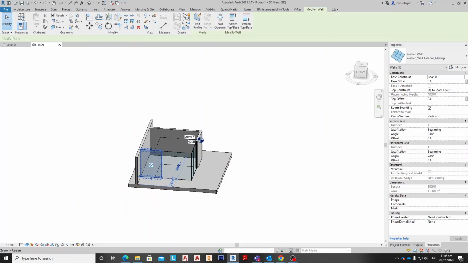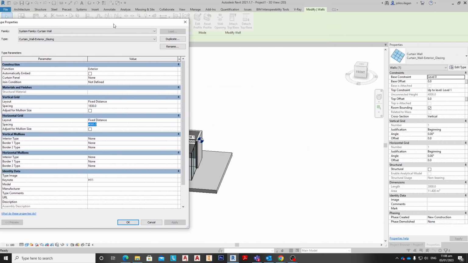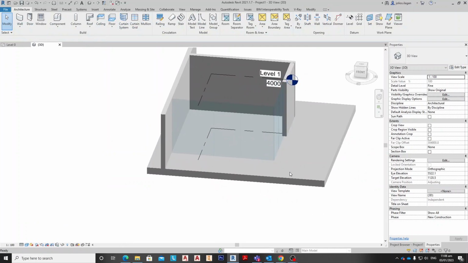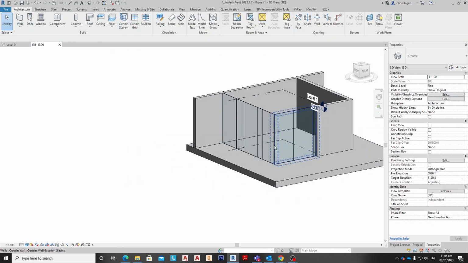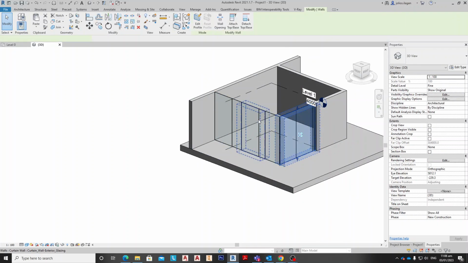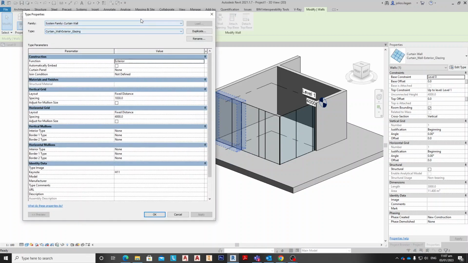Okay, so now we're going to edit this one. Simply click this one and see this edit type. You will see the vertical grid 830 and the horizontal grid 4 meters. So how to use this, I'm going to show you. Just cancel first and enlarge this one. Okay, this one, click edit type, and then